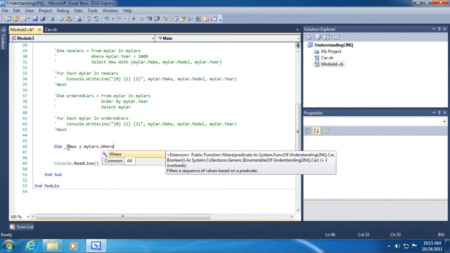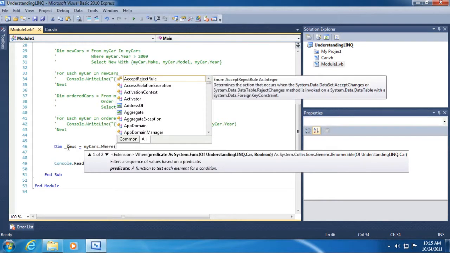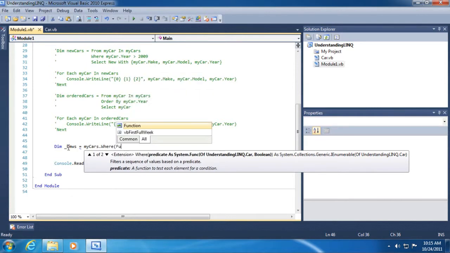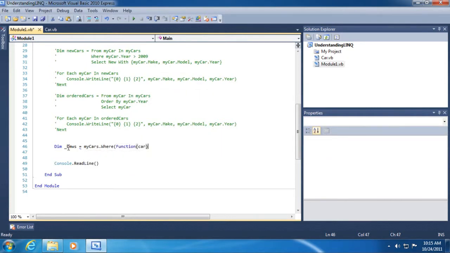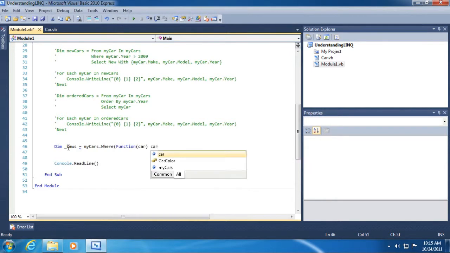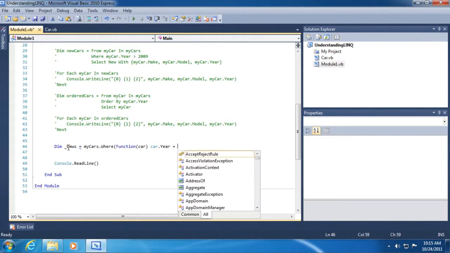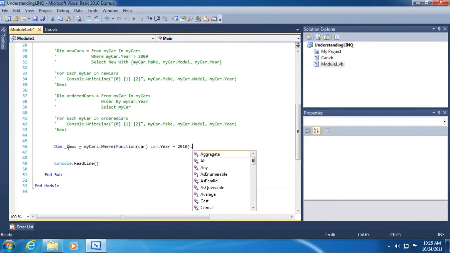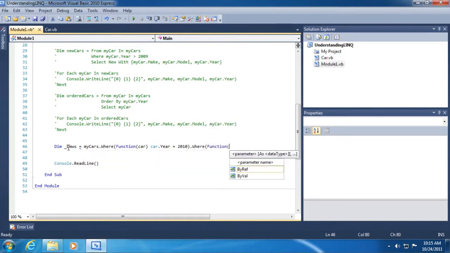Notice I'm using a method, so myCars.Where, and then we're going to pass in a lambda expression. Now this might look a little complicated. It's looking for a predicate. So essentially all we're going to do is pass in a lambda expression: Function(car), given a car passed in, return back all cars where the year is 2010. And then we're going to chain the Where clauses, pass in another lambda expression,